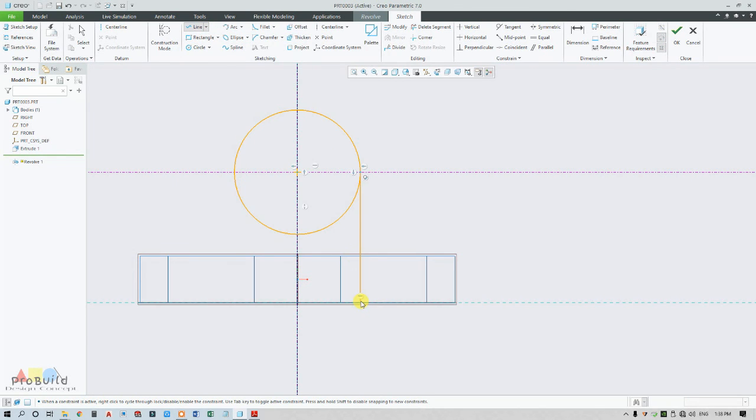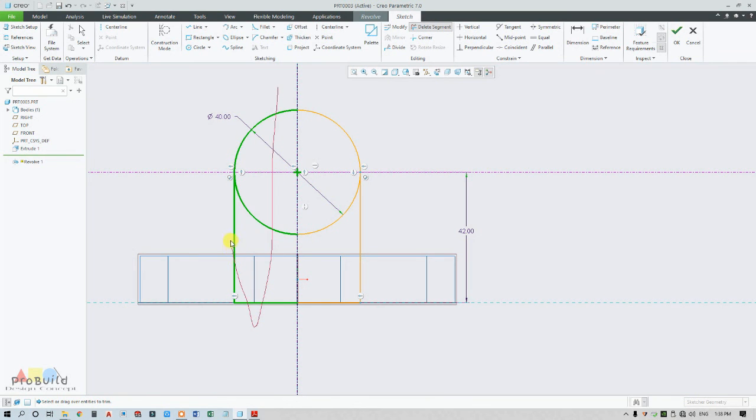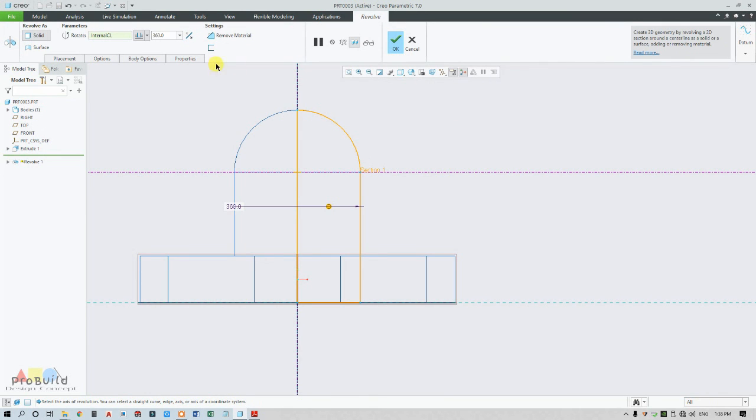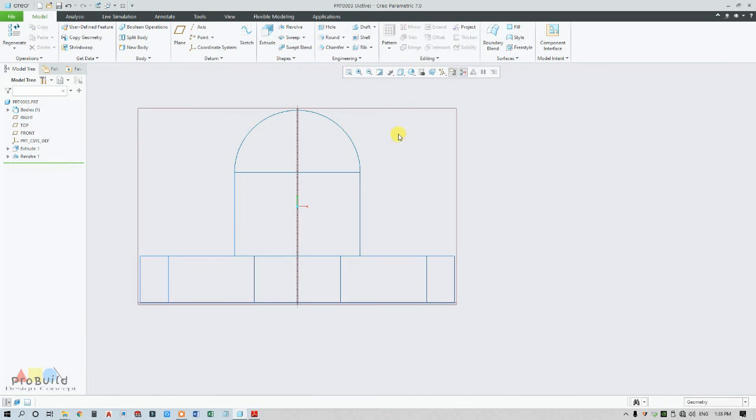I'm going to draw here, connecting all the way down. Now this profile is not needed actually, I'm going to draw only half the profile, sorry. Since this is revolve, half of the profile is more than enough, so go for extrude, put here 360 degrees. Actually it's by default, so click OK.